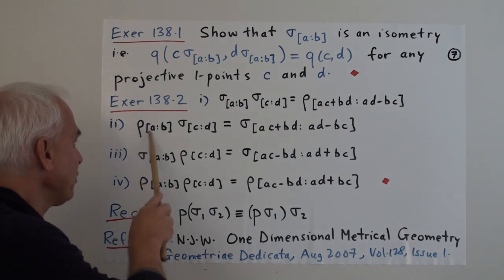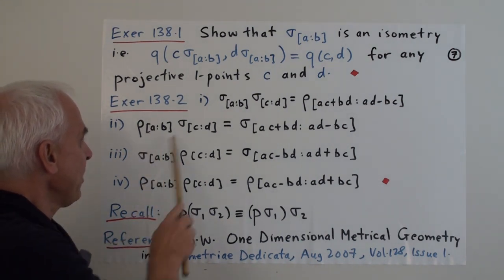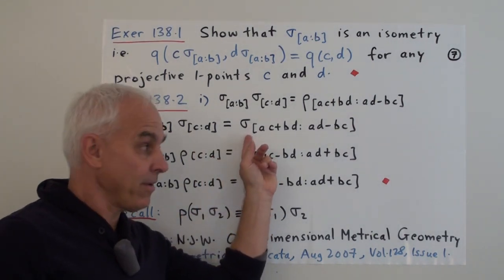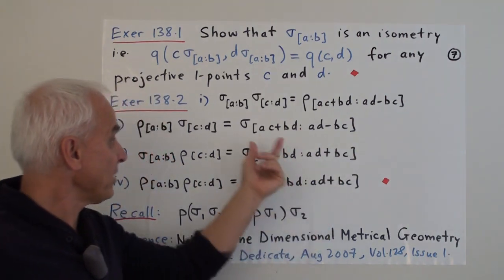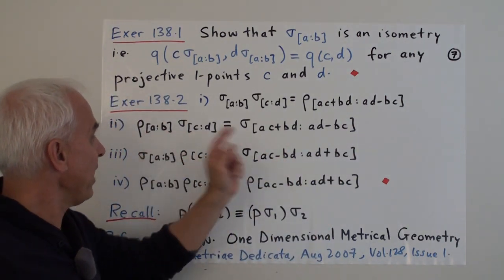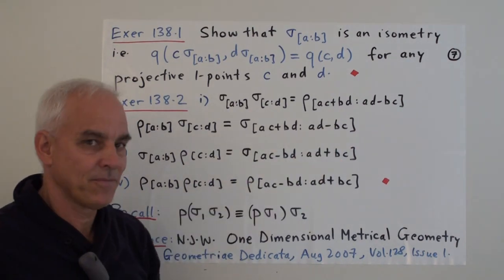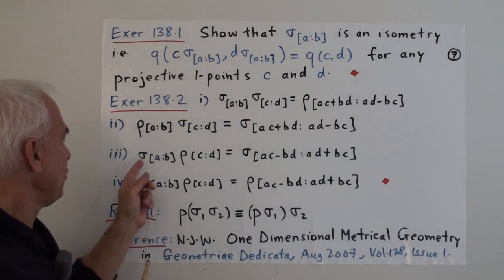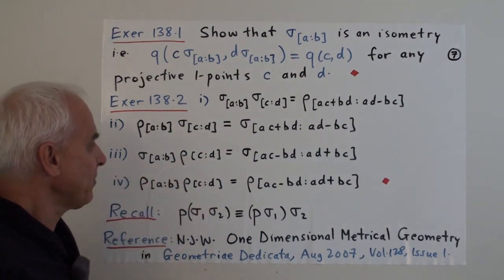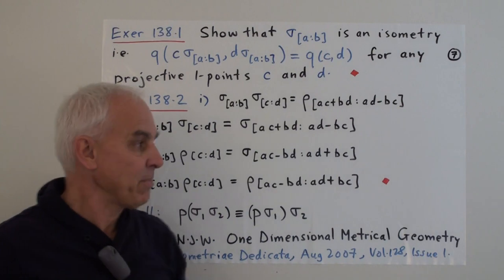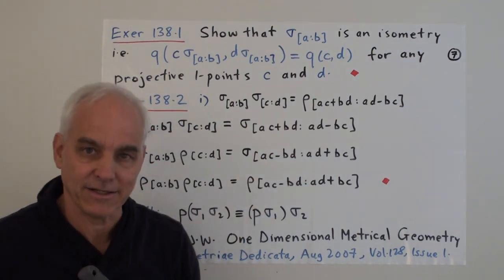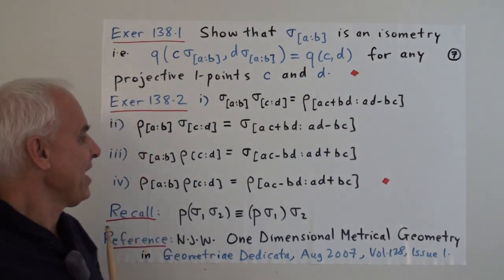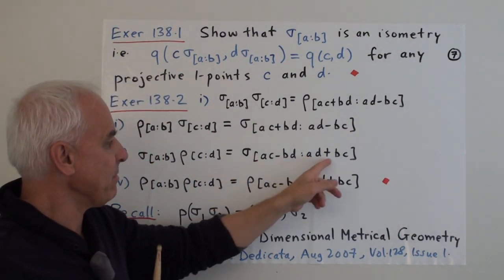And if we combine a rotation, rho sub A to B, with a reflection, sigma sub C to D, then we get another reflection now, whose indices are obtained by AC plus BD and AD minus BC. And similarly, if you do it the other way around, you do the reflection first and then the rotation, then you also get another reflection, but it's a little bit different from the one that you got in this case. So the situation is not commutative anymore. Okay, so we get AC minus BD here and AD plus BC.